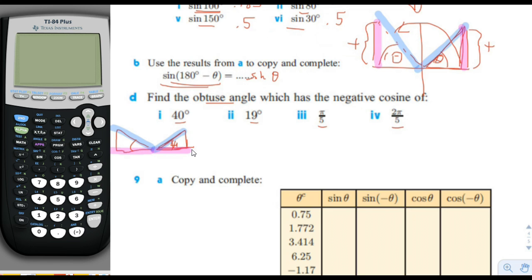So if this is 40 degrees, this would also be 40 degrees, which means that the theta angle would be 180 minus 40, which would be 140 degrees. So this would be 140. 19 degrees would be 180 minus 19. Pi over 5 would be